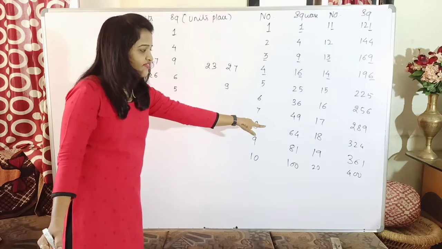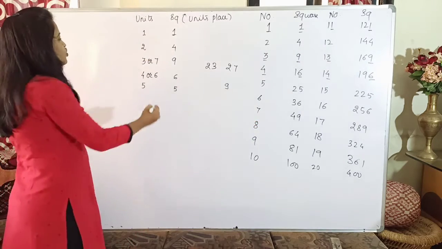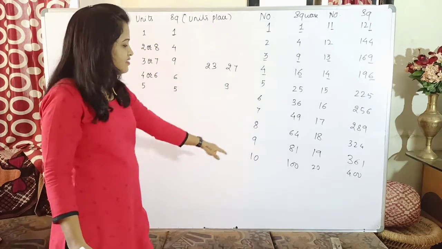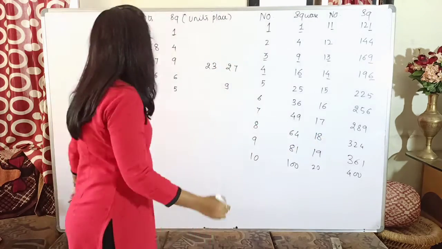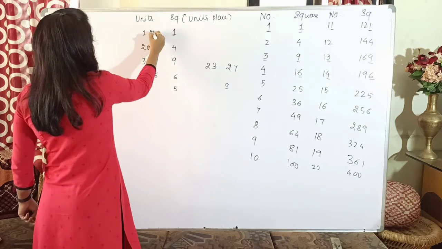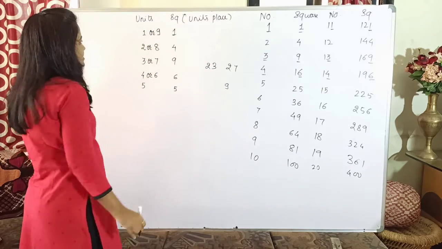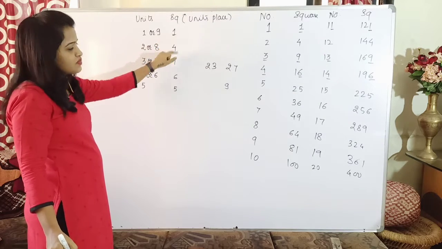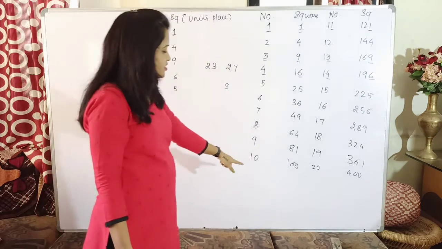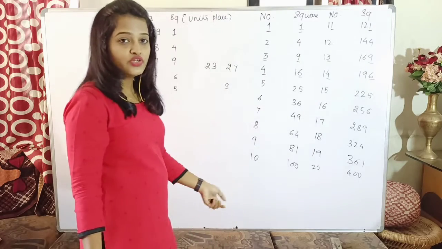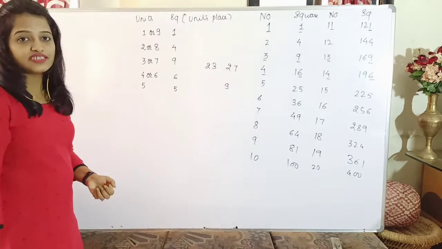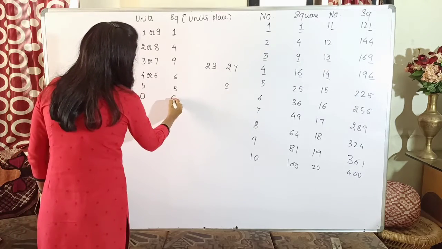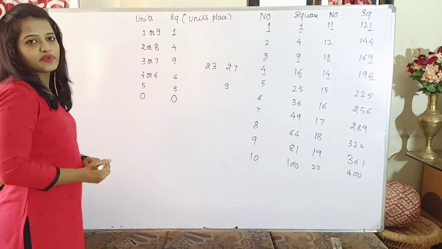Similarly, 8, it is having 4, 4. So 4 is for 2. So I will write it here 2 or 8. 9, 1, 9, 1. So similarly, if the unit place of the digit is 1 or 9, then the square will have 1 at its units place. Now the last one, 0. What if the unit place of a number is 0? Then definitely its square will also have 0 at its units place.